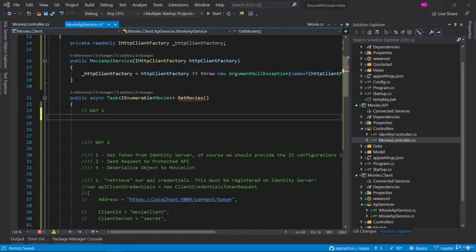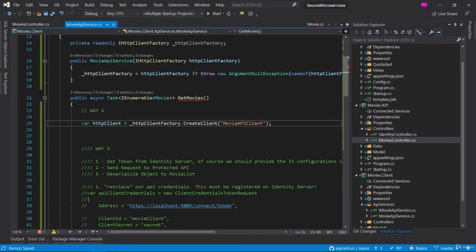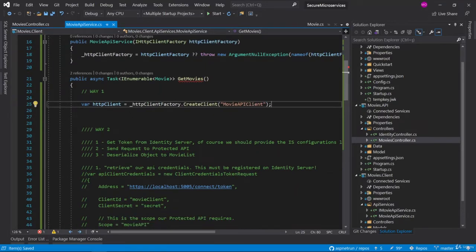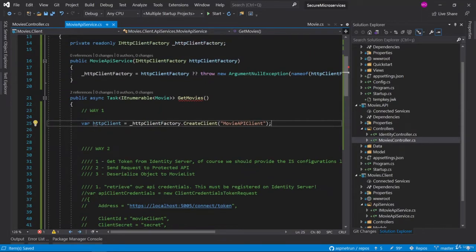Okay, first of all I'm going to create a client from the HttpClientFactory. Instead of creating a new HTTP client, we are requesting this HTTP client from the HttpClientFactory by giving the name. That's all. It's now ready and configured. It will have the configuration of the movies API client, and it creates an HTTP client configured for the movies API client.